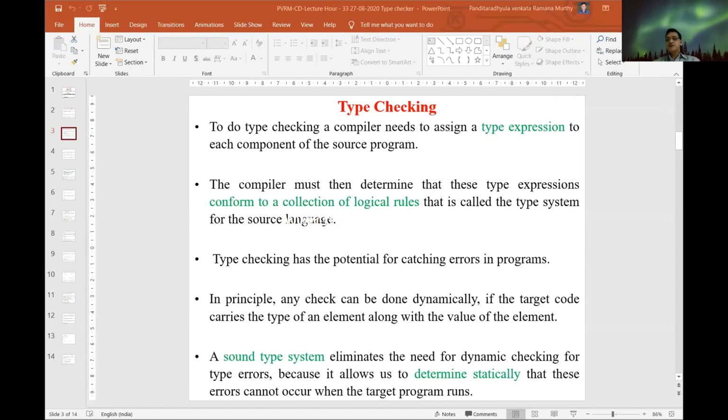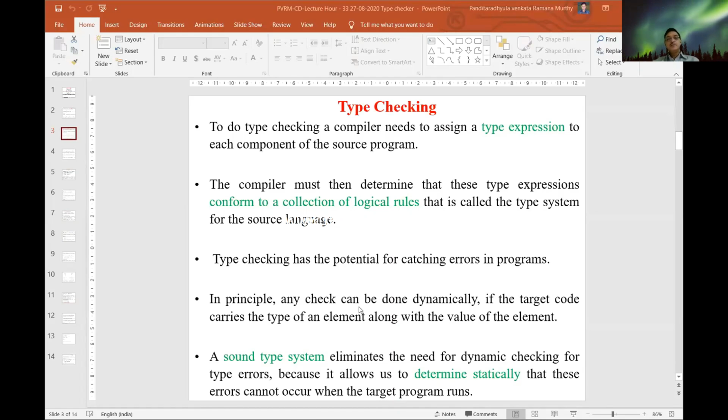If the compiler is designed perfectly, it generally avoids these potential errors in the program, especially at runtime. We also call this done dynamically. Statically means compilation time, but such errors may also occur dynamically.